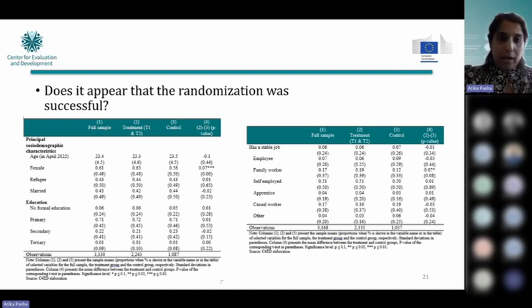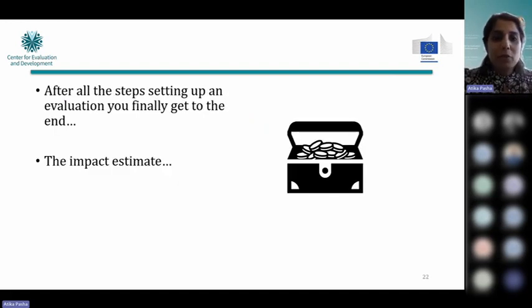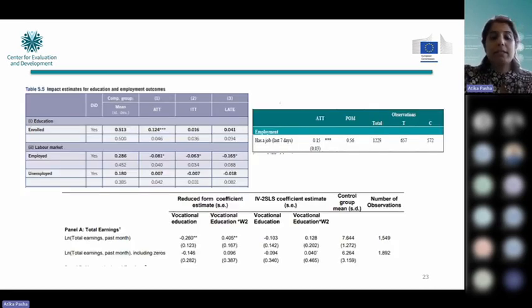So I hope that was able to help you understand what the evaluation is helping you get. What you would see in your reports, however, is the impact estimate, right? This is what tables generally in your report look like. Some of these are actually even from the Eutf project, and what you would see